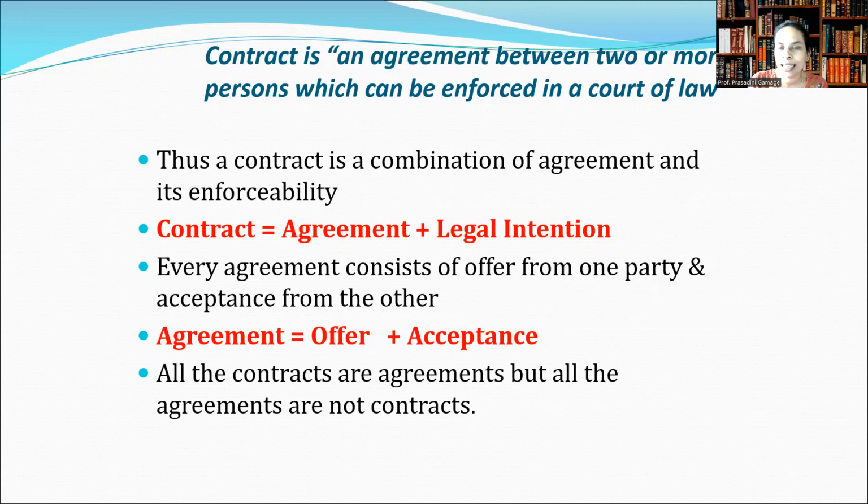One is agreement, the other one is legal intention. Let's see what are the meanings of these two terms. First, an agreement. Let's assume that A wants to sell his car to B for 5 million rupees. Then A asks B whether he is interested to buy A's car for 5 million rupees. If B says yes, I will buy, we can call it an agreement. A makes an offer to B, B said yes, I will buy, we call it acceptance, and offer plus acceptance